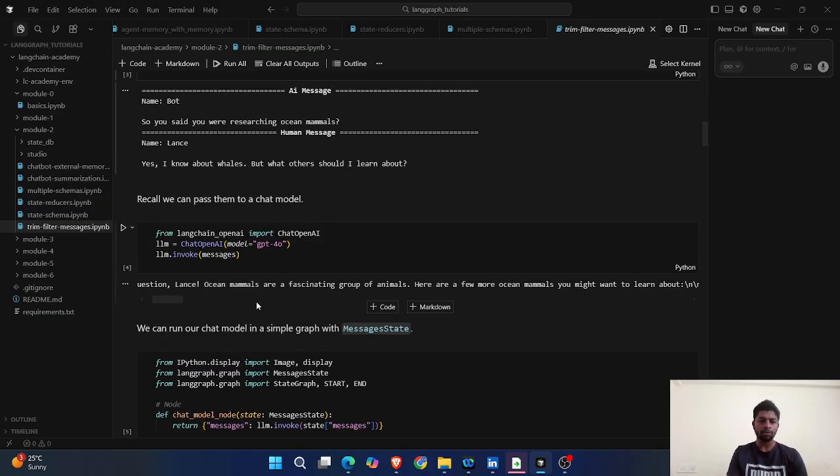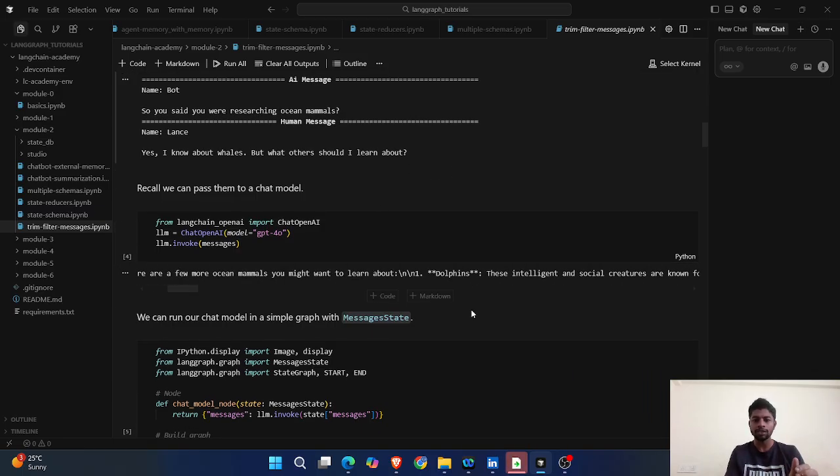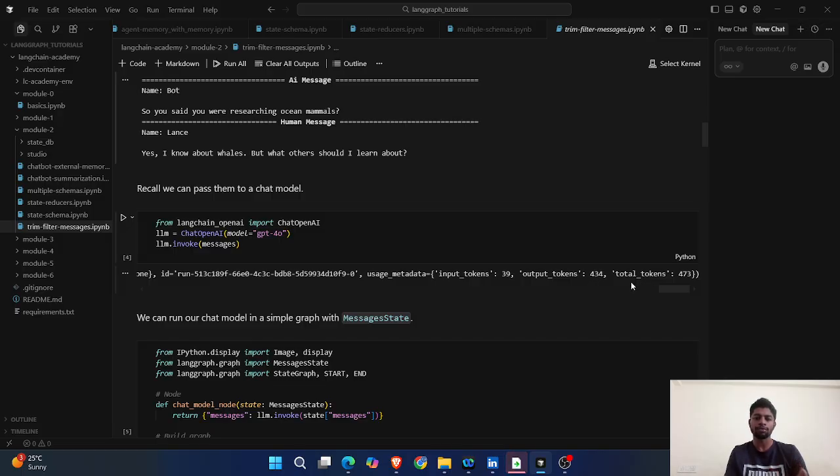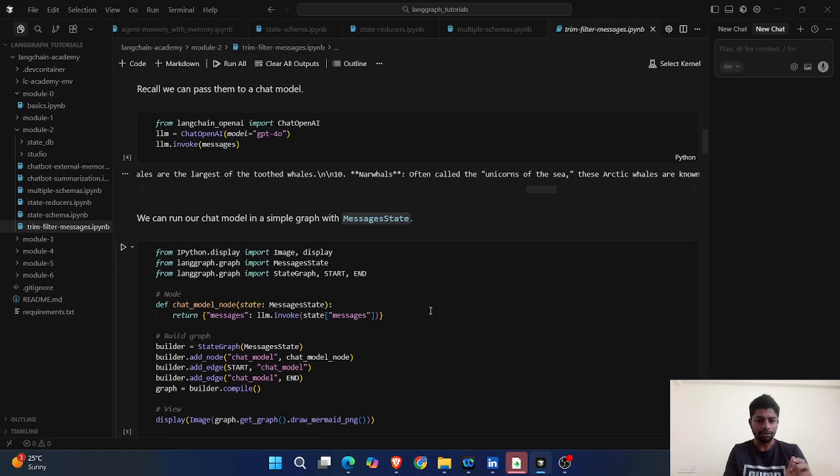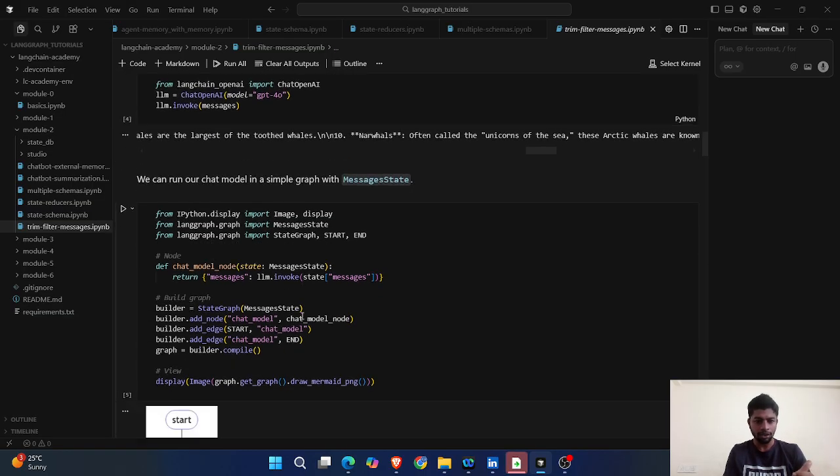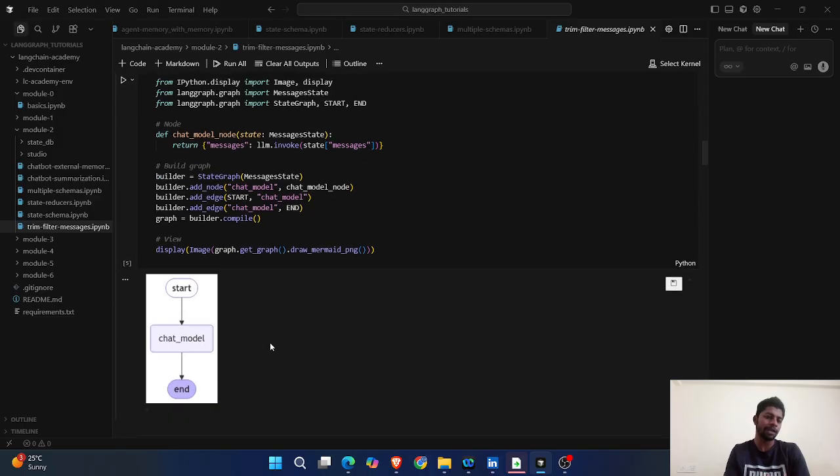Great question. Ocean mammals are a fascinating group of... So it gave some response to whatever query you asked, and it gave this much message. Okay, so it's a pretty huge message. You can see the number of output tokens is 434. Okay, this much data it gave. Okay, fine. Then what we did, we again used this message state, and of course we built one